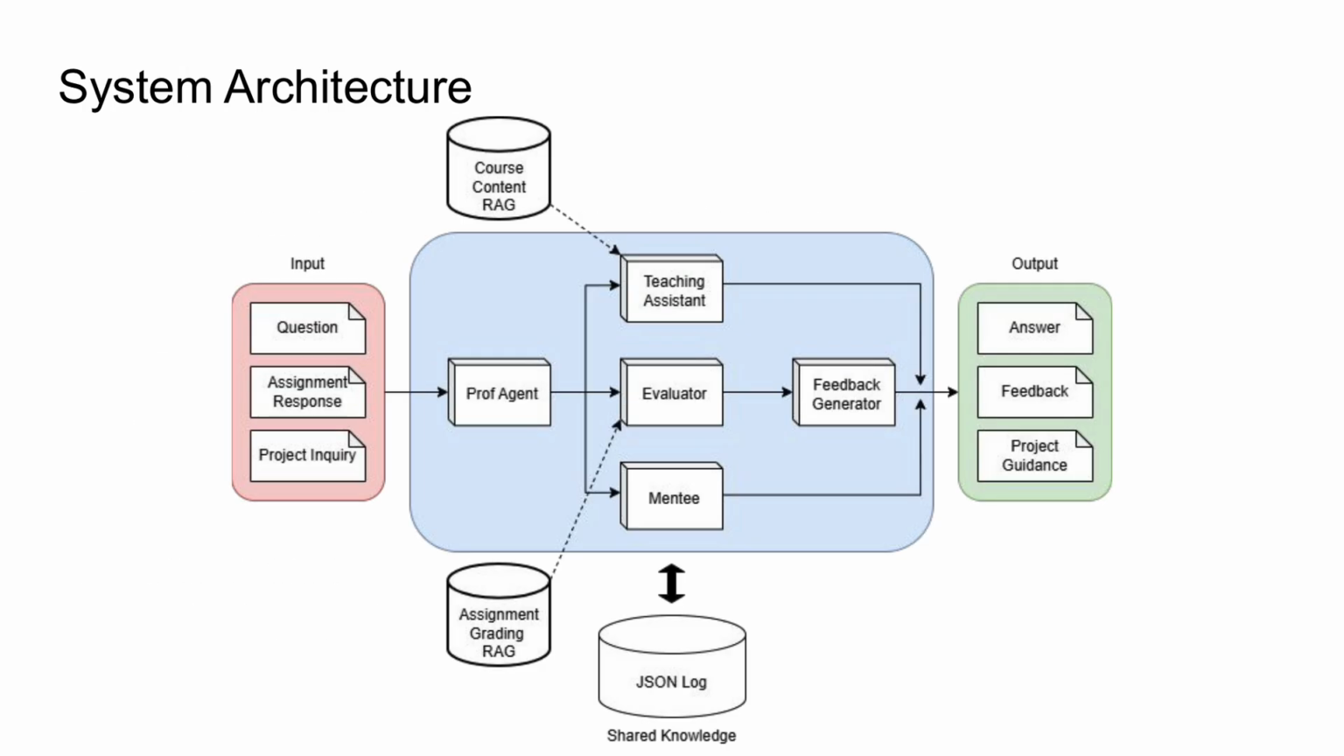Moving to a diagram, this shows how the agents interact with each other within our system. On the left, students' input flows first to the prof agent. The prof agent does not answer any question itself. Instead, it simply decides which specialist agent should handle the request. The teaching assistant agent has access to the course content RAG, which contains lecture recordings, lecture notes, and